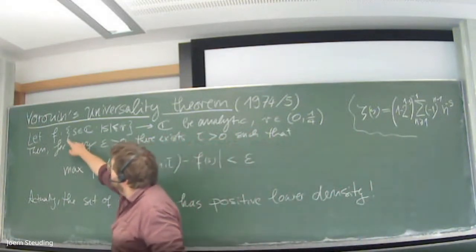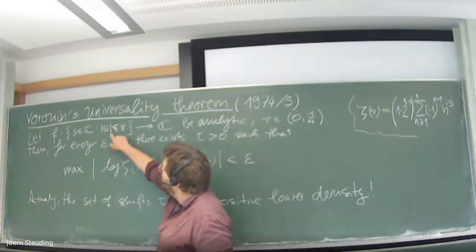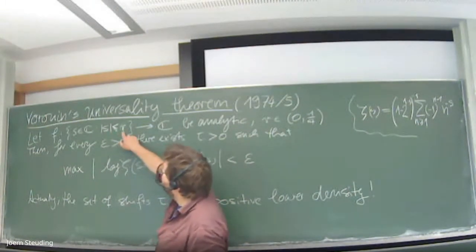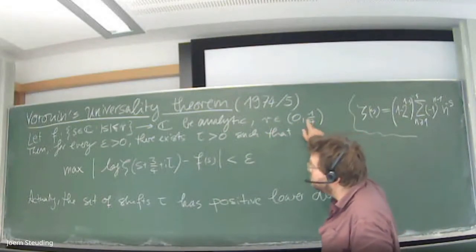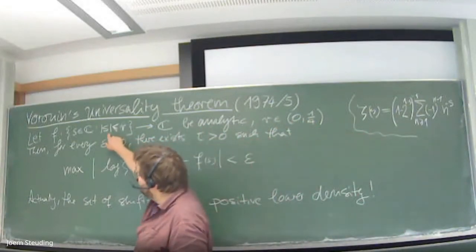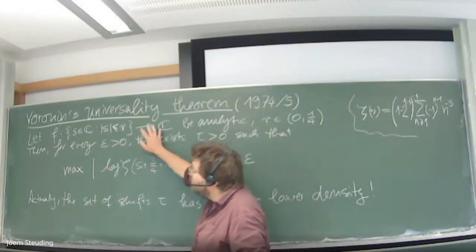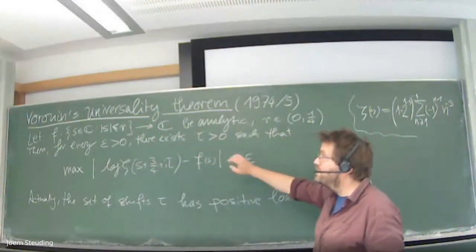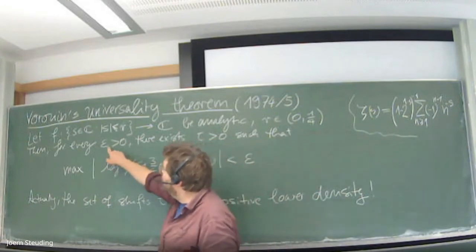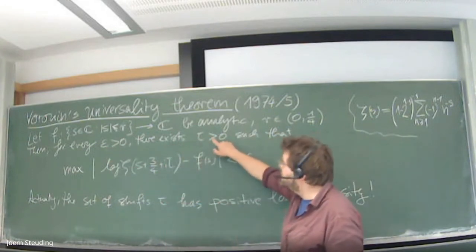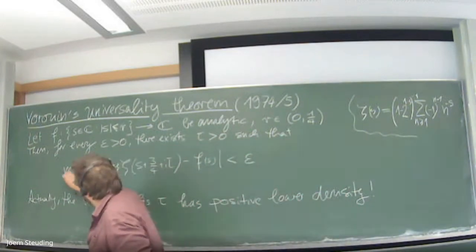So we are given some analytic function f defined on a disk of radius r, where r is some real quantity between 0 and a quarter, centered at the origin. And this is all we assume about f. There are many functions f, you can imagine, fulfilling this assumption. And now for every epsilon positive, there exists a real number tau positive, such that the maximum